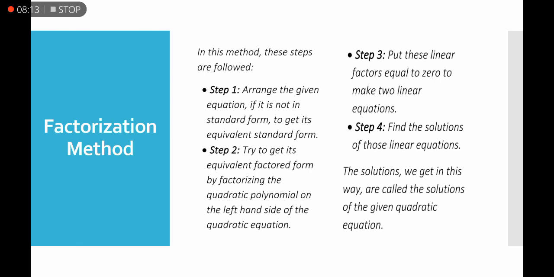Number 2, factorization method. In this method, these steps are followed. Step 1. Arrange the given equation if it is not in standard form to get its equivalent standard form. Step 2. Try to get its equivalent factored form by factorizing the quadratic polynomial on the left hand side of